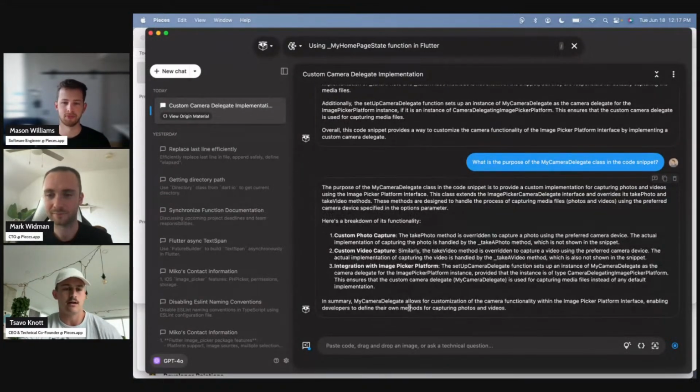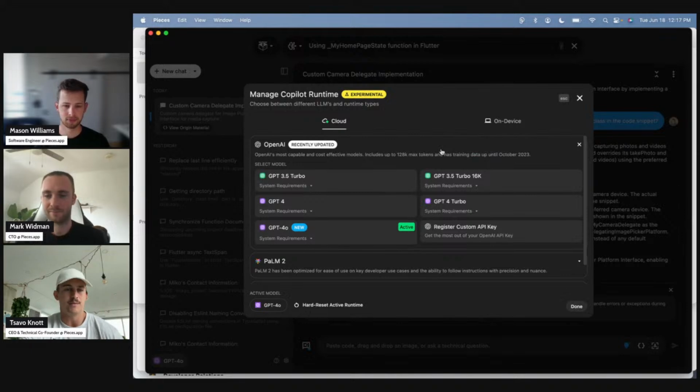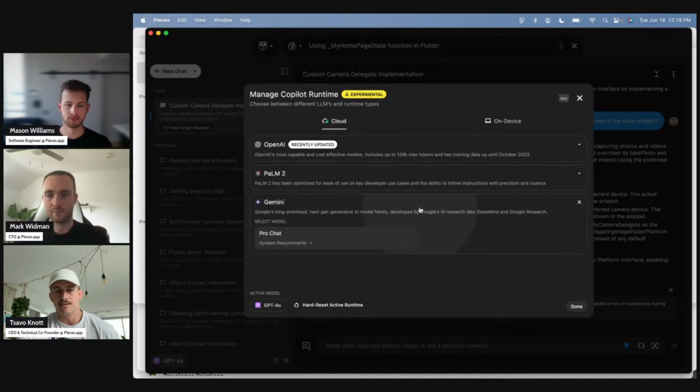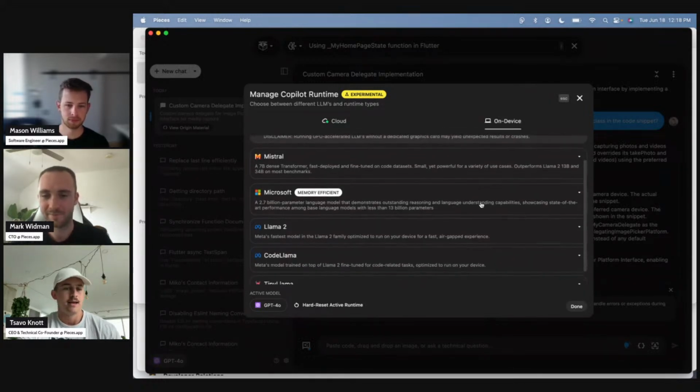One thing to note here is that we'll talk a lot about on-device in a bit when we get into the implementation details, but the approach we took is whether you're a developer in a super secure air-gapped environment, or you're a developer in open source and you want to use the latest of the large language models out there, we wanted to make sure that you could bring your own large language model, right? And so if you open up Pieces, you can obviously use the OpenAI ones, the Gemini models, or you can use on-device models like Mistral, Phi 3. Llama 3 is actually coming out in a week, which is pretty exciting.